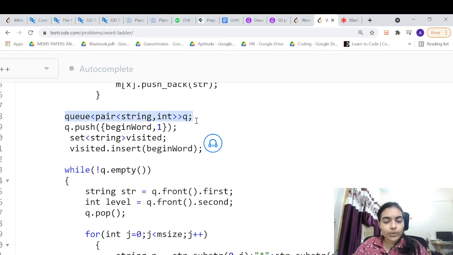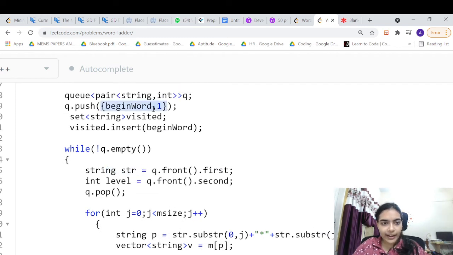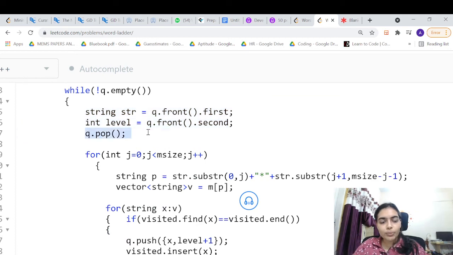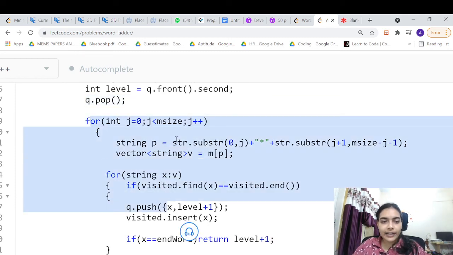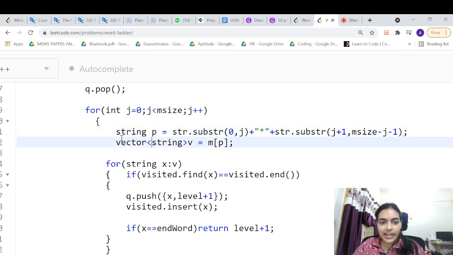And now we are just going to do the simple BFS. So we are going to take a queue and we are going to push the begin word. This code basically almost remains the same as the last code. And then we have the same visited set. While the queue is not empty, we are going to extract the first element that is there in our queue. The queue holds pairs, the first element of the pair is the word, and next you have the level. So you are extracting those two values and popping it, and then you are iterating over the word length, and you are finding out the transformations again.